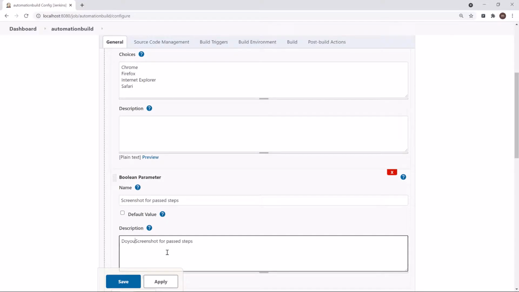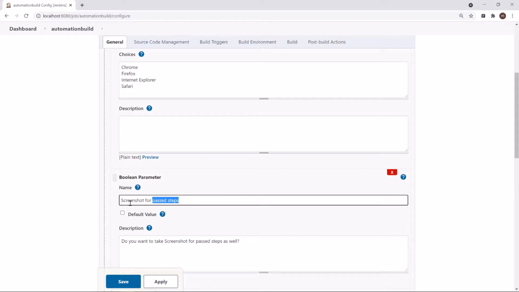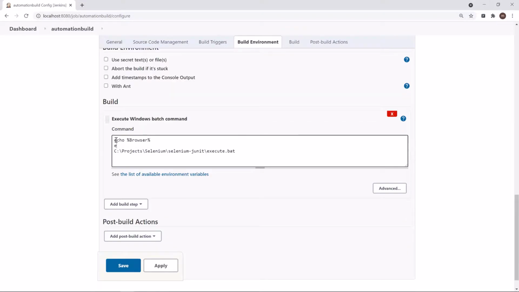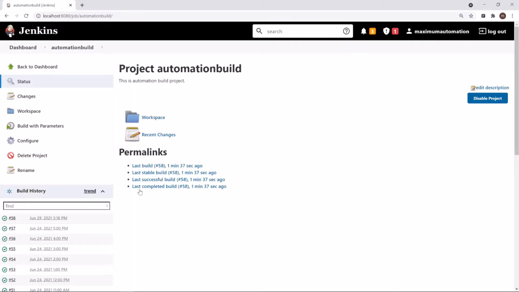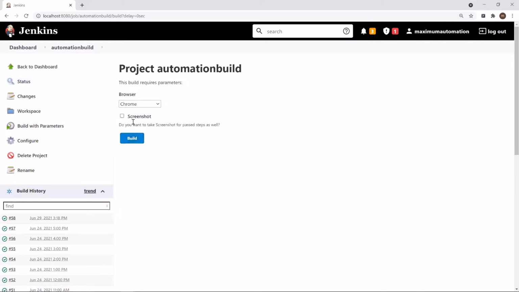And then I will provide the description of this parameter in the description text box, which says that this field is for taking the screenshot for passed steps. And then we'll use the screenshot parameter as well. Save the changes and then go back to the build page. So here I'm going with the default value for browser and providing the value as true for the screenshot field.